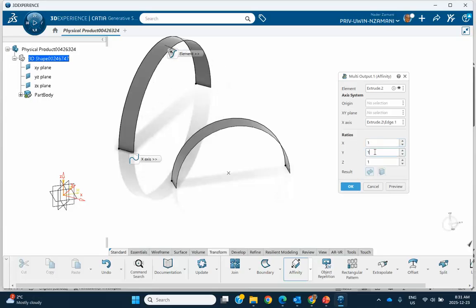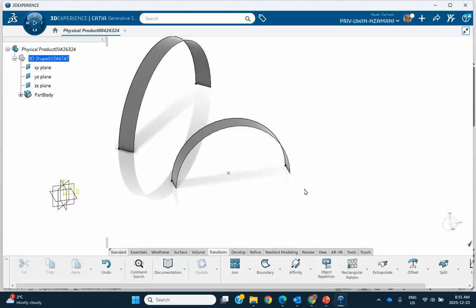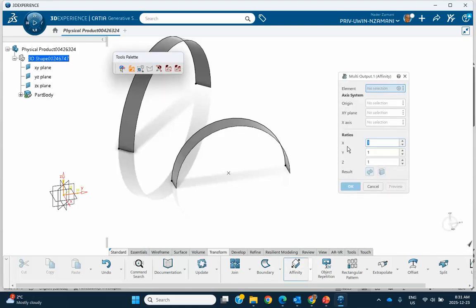In the Y direction by 2. See that? Etc. And Z direction, same thing. Cancel that. Something else I want to do. Let me try to do that one more time. So we go to affinity. We leave this thing. I'm not going to reorient the X direction, but the surface is going to be that. Now let's put some numbers here. So for example, when I say in the X direction by a factor of 2,